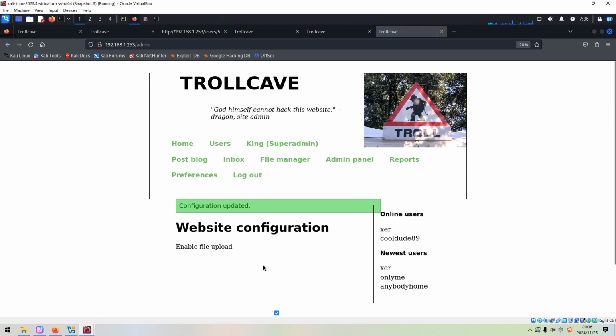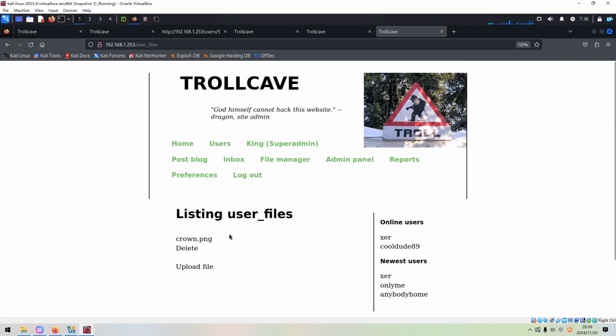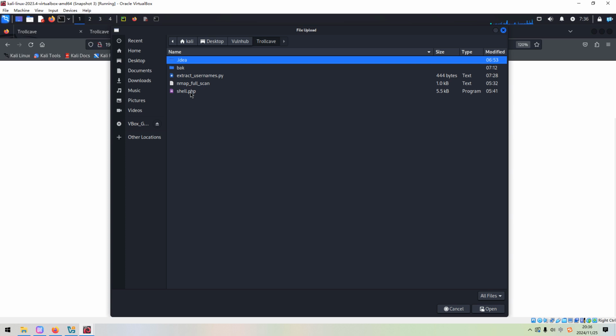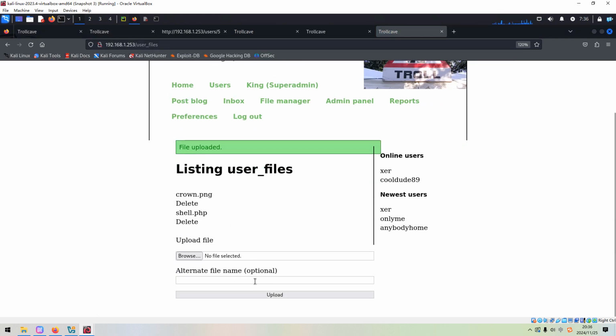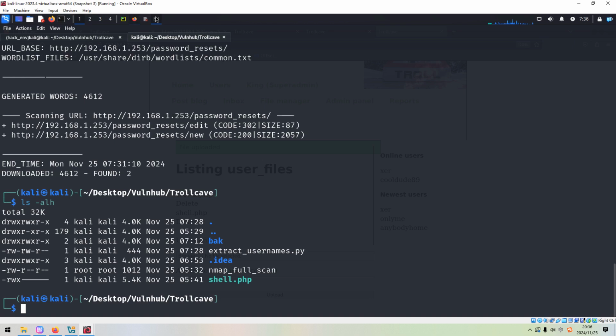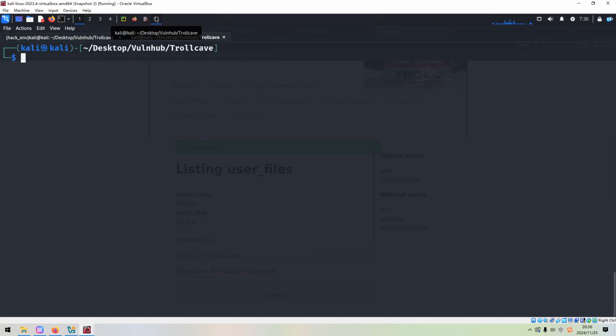Save settings. Now we go to the file manager to upload this file. Upload. And now we have successfully uploaded the malicious PHP reverse shell file. So next we can set up the listener.